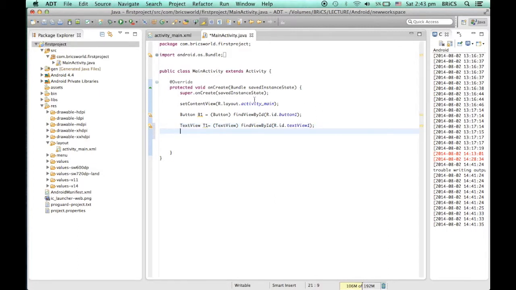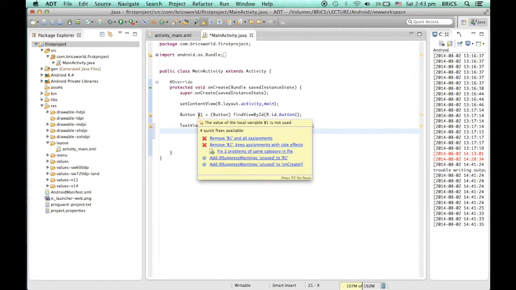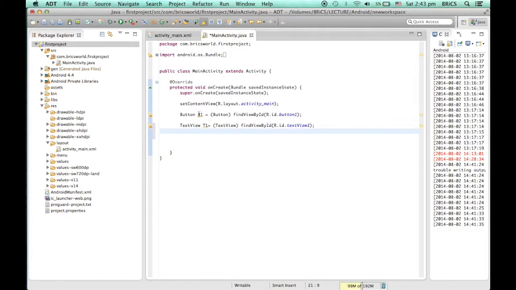Okay, so we have created two objects, or I should say two Java objects. One is b1 and the second is t1, which refer to button1 and textView1.